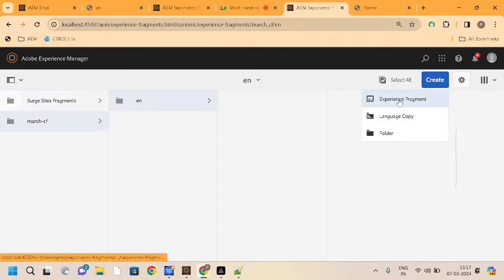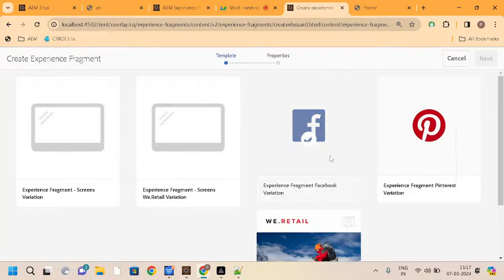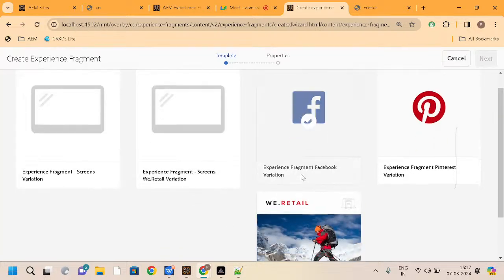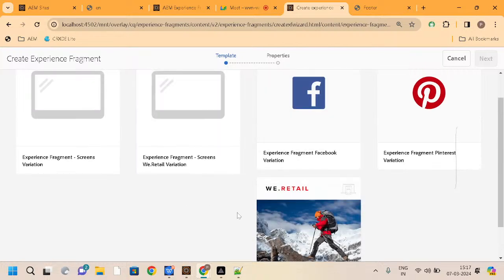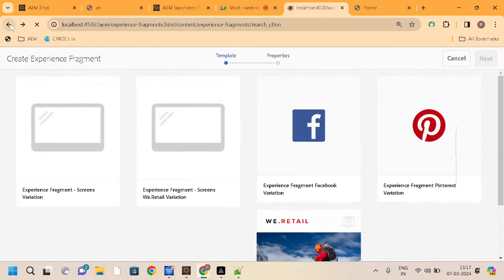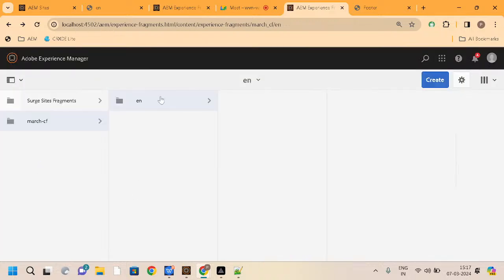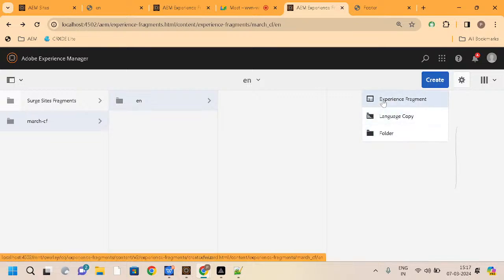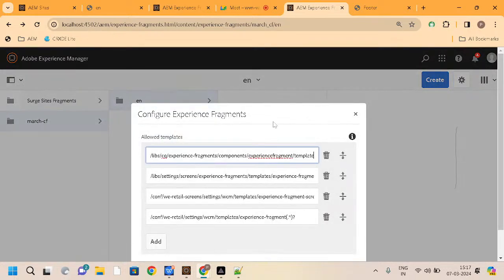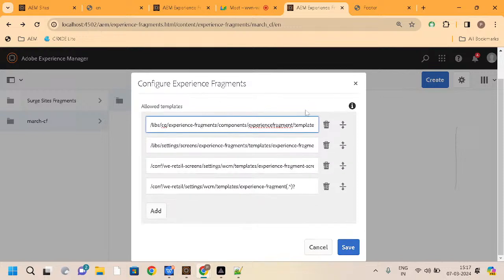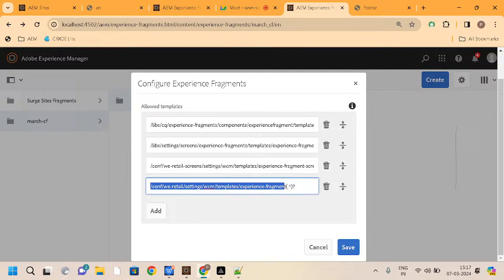Now you can create an experience fragment. For creating an experience fragment, what do we need? We need a template, right? When I create an experience fragment here, it is showing the template. But where is it coming from? We haven't given permissions. We have newly created these folders, right? But still, when I select this experience fragment, the template comes because of this global configuration. Just click here and you will see the editable templates here. This is your editable templates. Just go inside this and you will see the